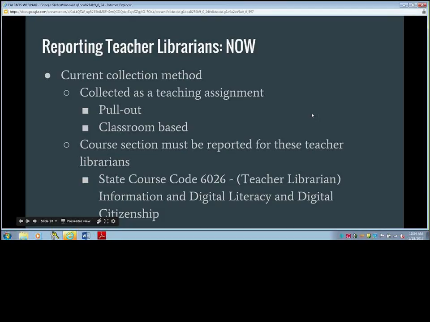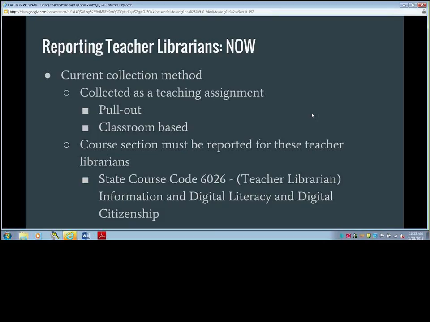In order to do that, a course section in CalPADS has to be reported for these teacher librarians. Not only do they have to be identified in the teacher job classification, but you have to go one step further and report a course for these teachers. It doesn't matter whether it's in a pull-out setting or a classroom-based setting, you would use state course code 6026, Teacher Librarian. It was a new course code that we created in 2015-16, so fall of 2015 was the first time that you reported this.